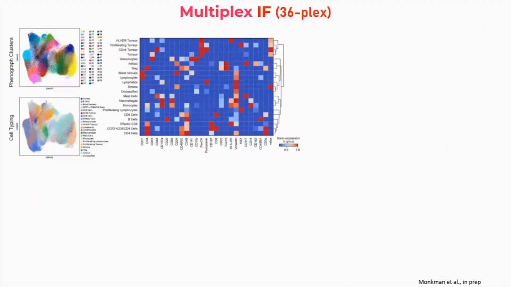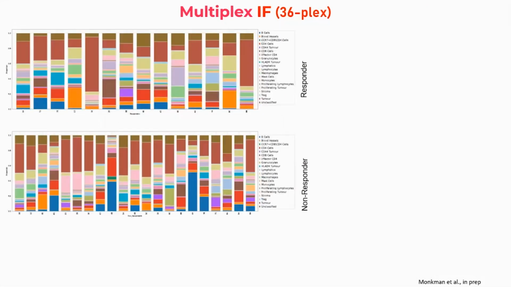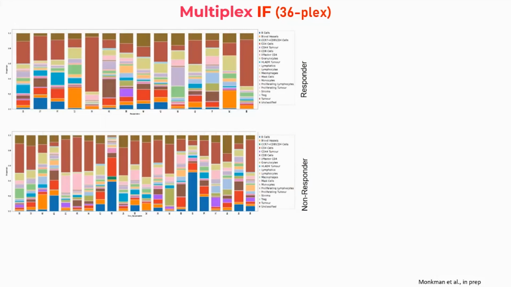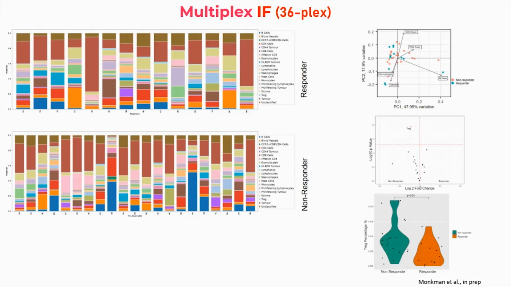And so we followed this up with a 36-plex assay to resolve this down a bit better. This work is in prep and should be submitted quite soon. Based on 35 markers, we could characterize multiple additional cell types within the tumor microenvironment of this tissue microarray, where each column represents an individual core, and this is just breaking it down between patients that responded to therapy versus those that didn't. And we could see an increased presence of Tregs, specifically in the non-response group.